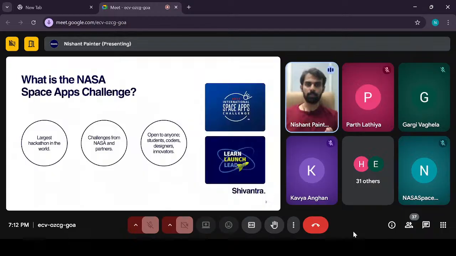You can devise the solution on your own. One of the unique parts of this hackathon is that it is not really linked to developers or anyone in academia. It is open for all, so anyone can participate, from the industry as well, from non-coding departments, students, or innovators. So it is open to all, and you are a part of it. And this is what NASA gives us every year.